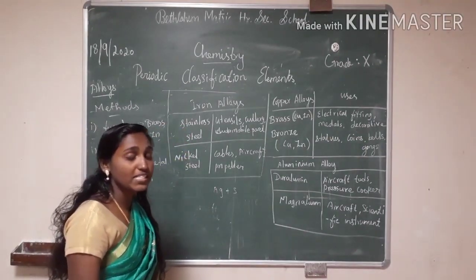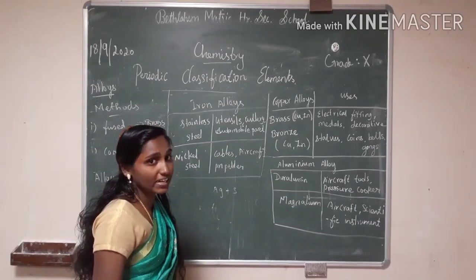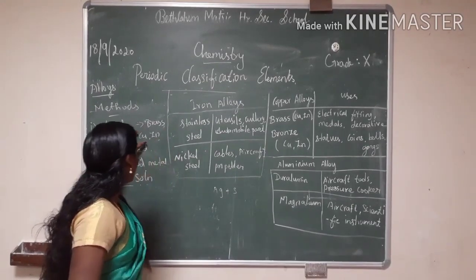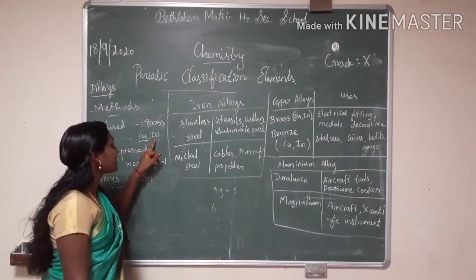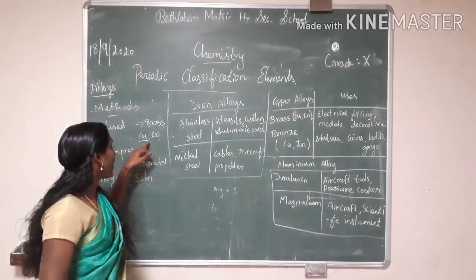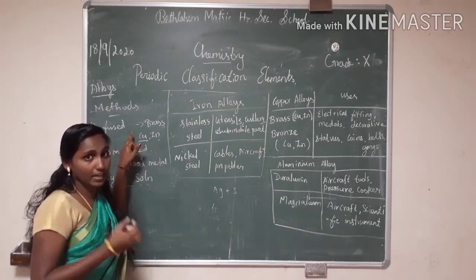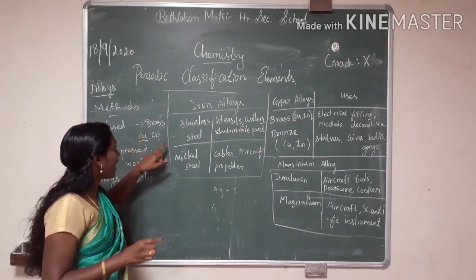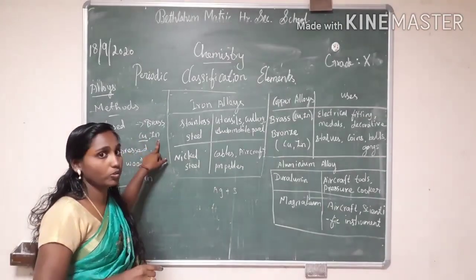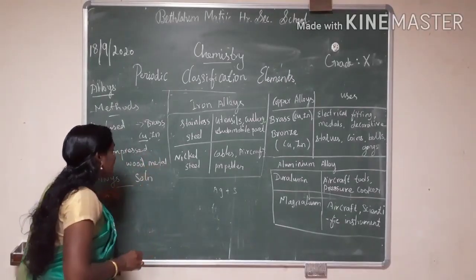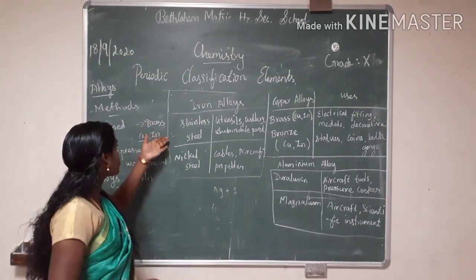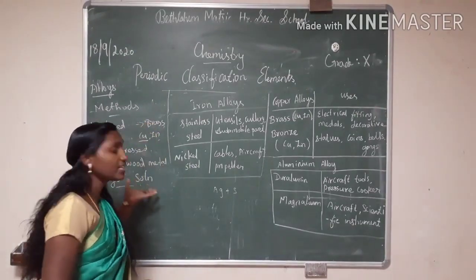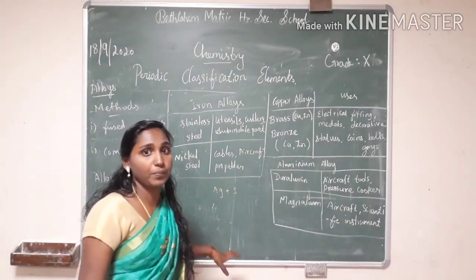Solvent, the best example, we already studied, water, right? So here you can consider copper as a solvent and zinc as a solute. The high concentration metal is taken as solvent, the other metal is taken as solute. So alloys are considered as a solid solution. When they are fused together, we will get a solid solution of brass.